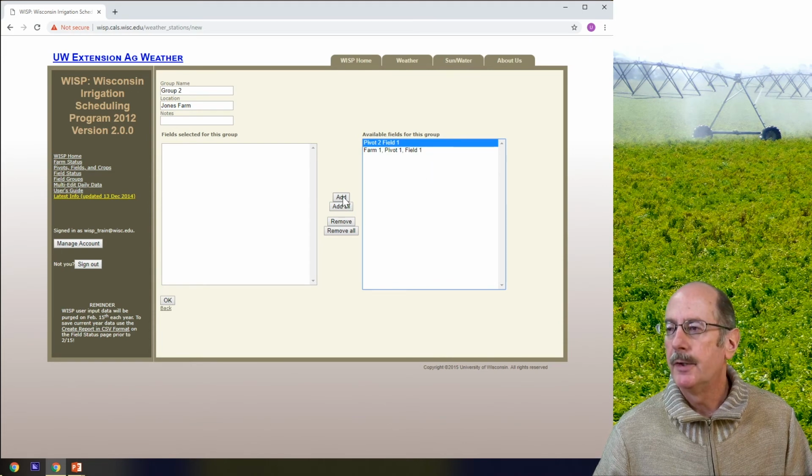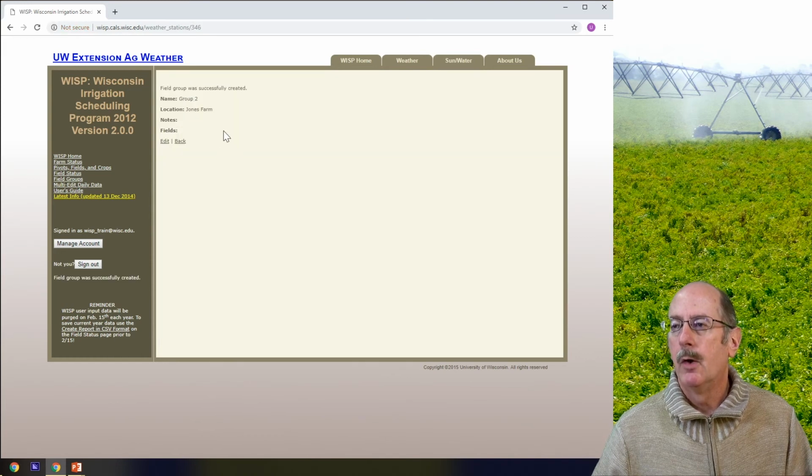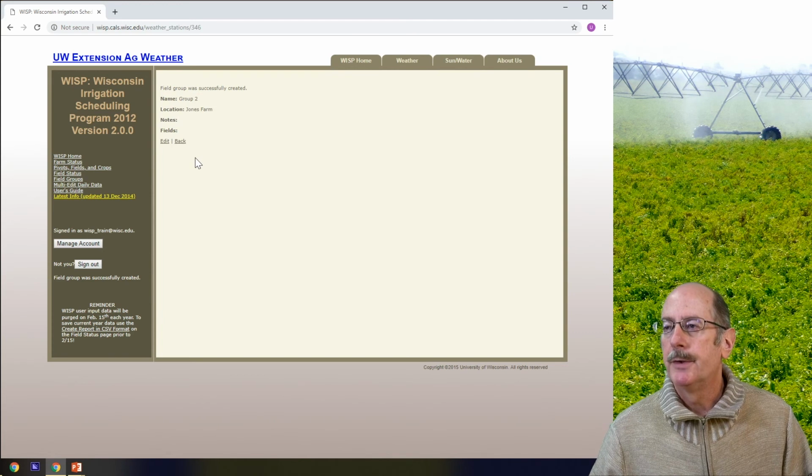And you can go ahead and add one, or if you want, you can add all, however you choose to do it. And you can also remove fields from that list. Okay? So once you've set up your group, you're good to go, and you're able to do multi-edit functions.